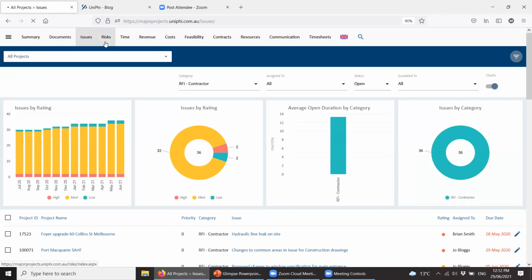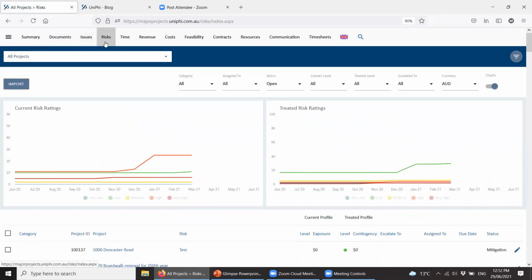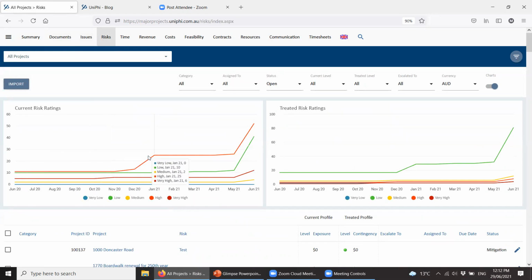Risks are trends. So again, data quality required, but you can see here that over time, the current profile is getting more risky. But even though we've been able to manage to get the treated profile to be less risky by having more low rated in the future. So the idea is that these high rated, once we treat them, will become low rated in the future, which is why that's gone up. So we're believing in our treatment plan at the moment. And that can just give an overall sense of whether the business is